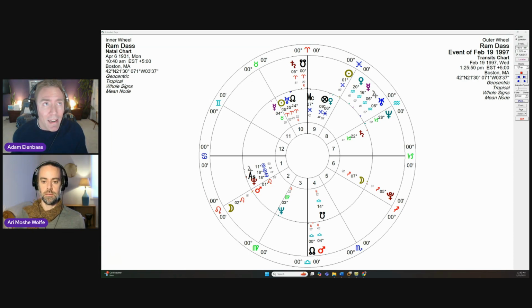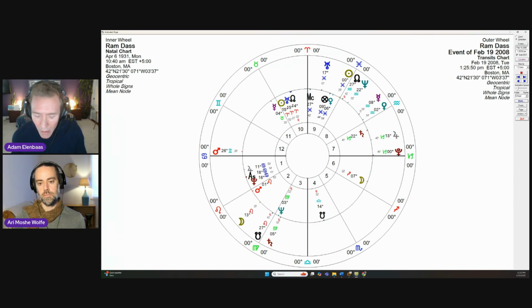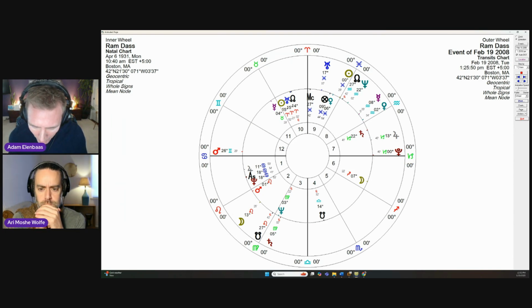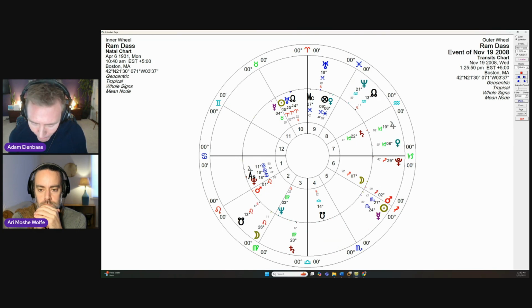So I'm going to jump forward because I've got a bunch of them, but for the sake of time, I'll just jump to another example. In November 2008, he had a fall in this month that led to hip replacement surgery. And he was again in a sixth house perfection year. And Jupiter was the ruler of the year, and in its fall, conjoining Saturn,